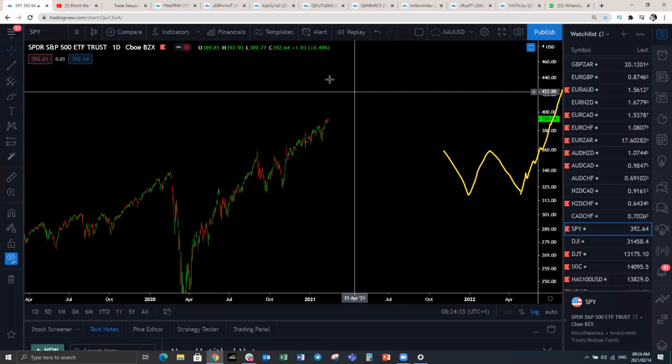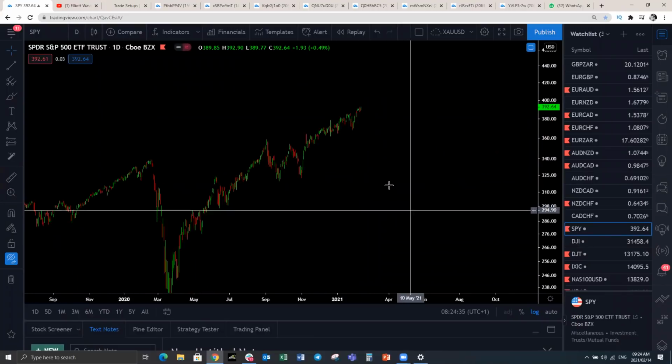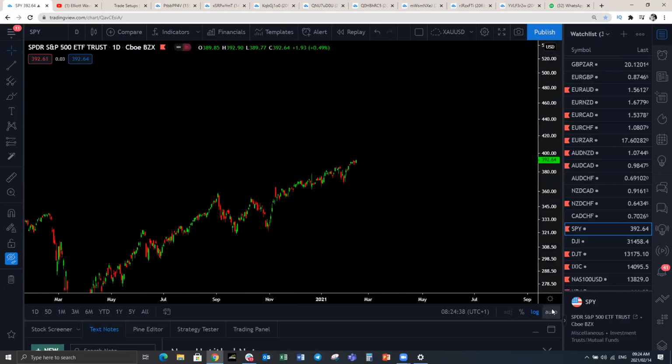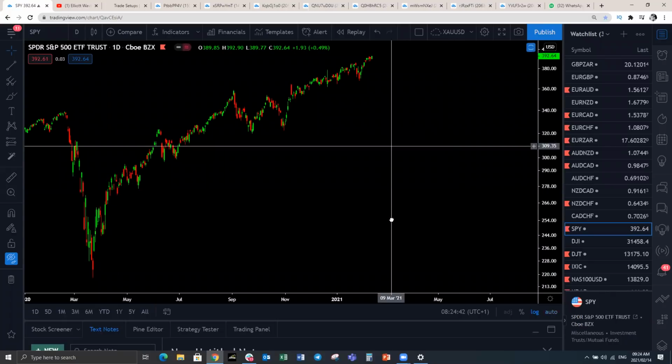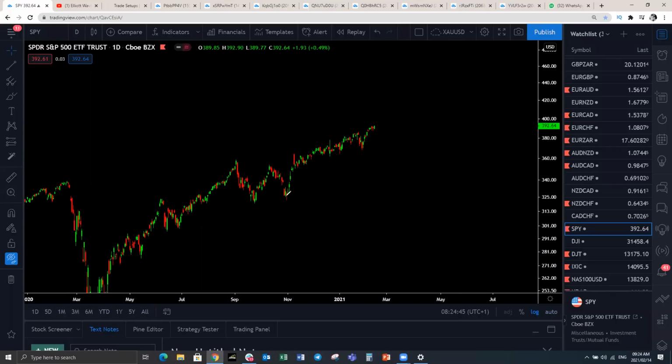So what have I been saying since October last year? Since we got to this level, I've been saying every single week, every time you get a continuation to the upside, it is an opportunity to ride onto the trend. This is where we were on the S&P 500. You kept getting this continuation pattern. You kept getting these pullbacks. You kept getting this deeper one. This is a nice one to ride onto. What do we have now? We've got another one, and we'll be looking for this to continue to the upside. There is no sign of reversal yet on the indices. We're still expecting continuation to the upside.